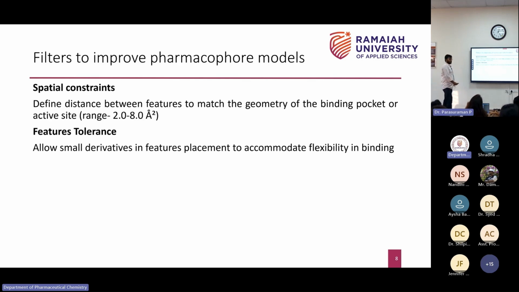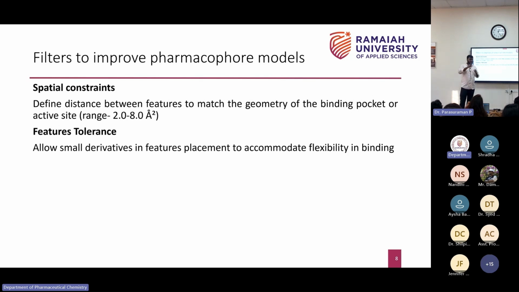Next, the filters. What kind of filters can we add when we are doing pharmacophore modeling? Like the spatial constraint. What is the spatial constraint? In that molecule, they have some features, like a functional group. That functional group